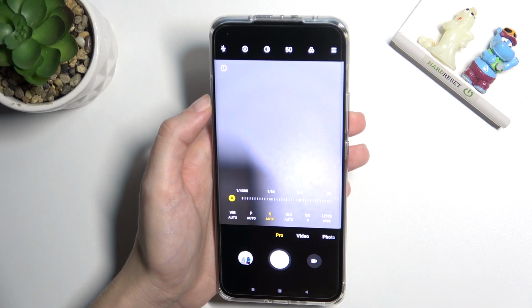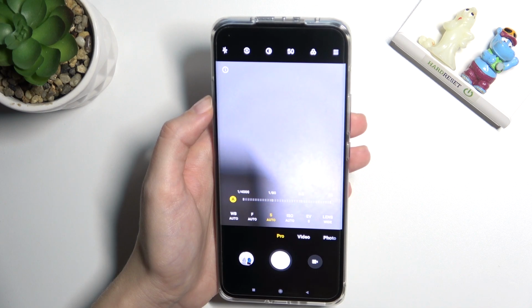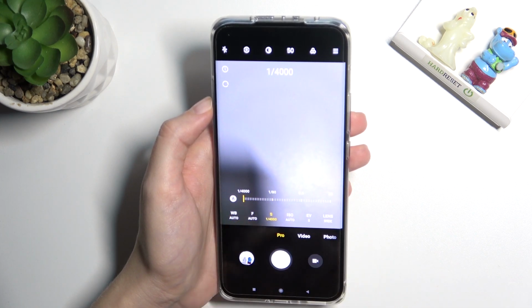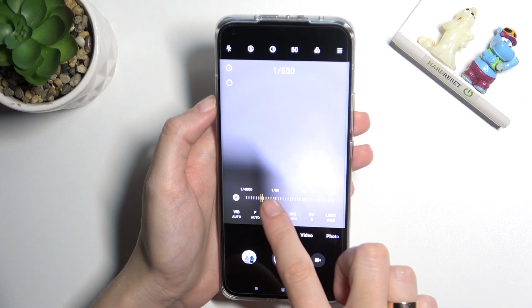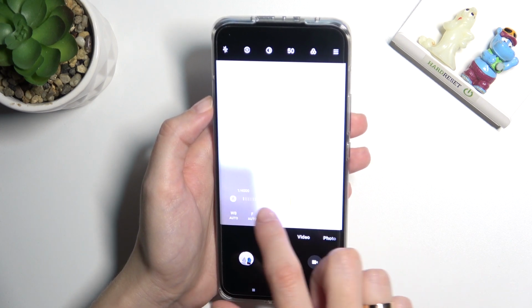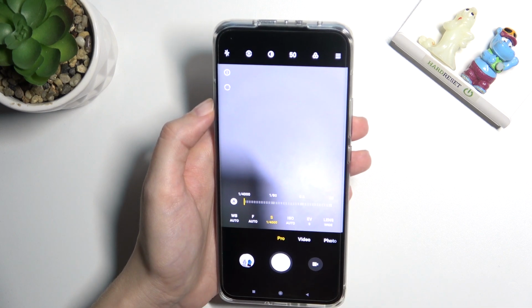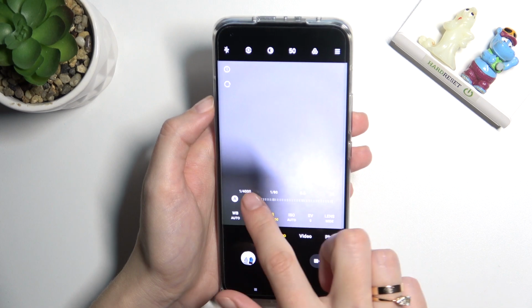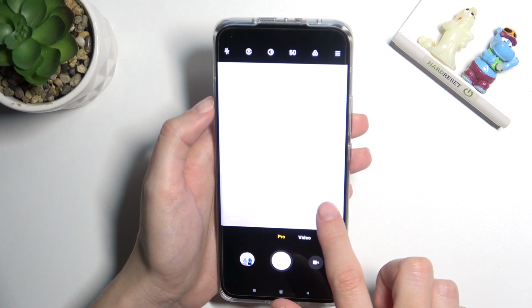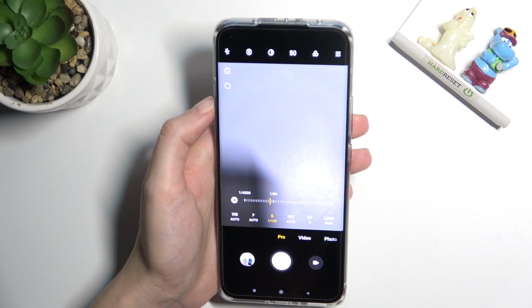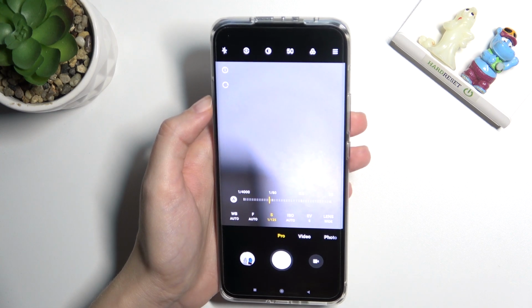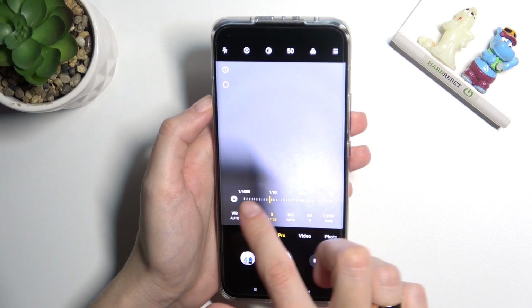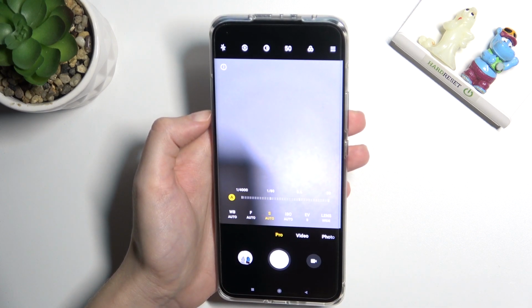And let's move to the next option, the shutter speed. So we can now change the time of taking the photo. We can make it shorter from 1/4000 of a second or longer by going to 30. So these short times should be better for objects, for example in motion, to freeze them in the picture. Then longer should be better for objects that are stable or if we need some blur in our pictures. To go back to auto shutter speed we have to tap on the A letter button from the left again, but